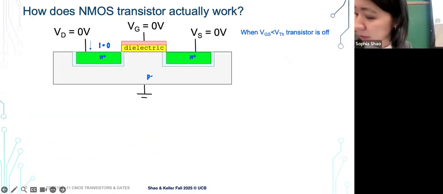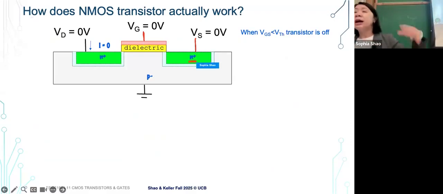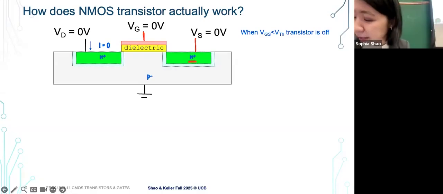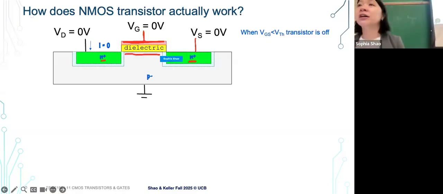We have 3 terminals. Here is our gate. We have the source. For NMOS, it's N-type, so it has a lot more electrons here. It's N-type doped. And for PMOS, it's the opposite of that. It has more holes, or P-type, there. One is the gate terminal. We mentioned the gate is applied with the metal or the poly layer here, to form, we'll see later, capacitors in our transistors. And then we have the other 2 terminals, source and drain, that form a current flowing in